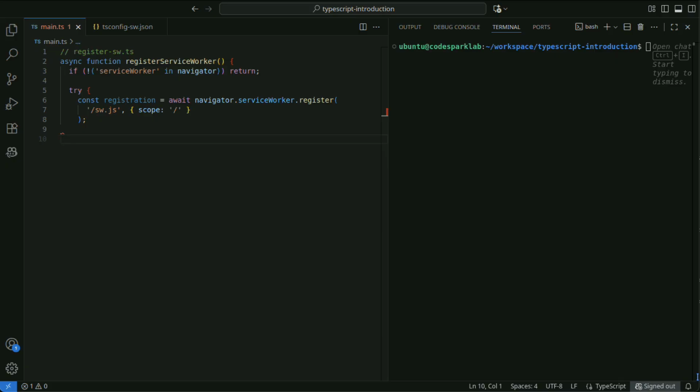Scope refers to the range of paths that the service worker can control. For example, if you place /sw.js directly under the root and set the scope to the root directory, you can control all the resources of the entire site. On the other hand, if you specify a particular directory such as /app/, only the contents under that directory will be controlled.